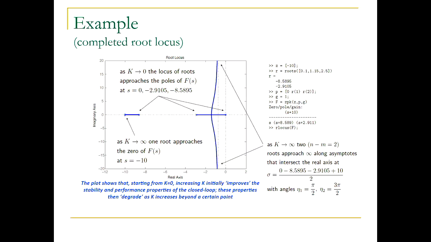Yeah, you always have complex conjugates. So polynomials with real coefficients would either have real roots or complex conjugate roots. By the way, there is a thing called symmetric root locus, which is also symmetric with respect to the imaginary axis. That arises in advanced control when we do optimal control. That's symmetric with respect to both real and imaginary axis. If we don't say that it's symmetric, then it's always symmetric with respect to the real axis.